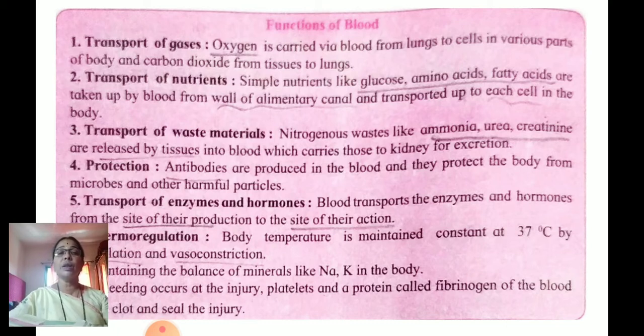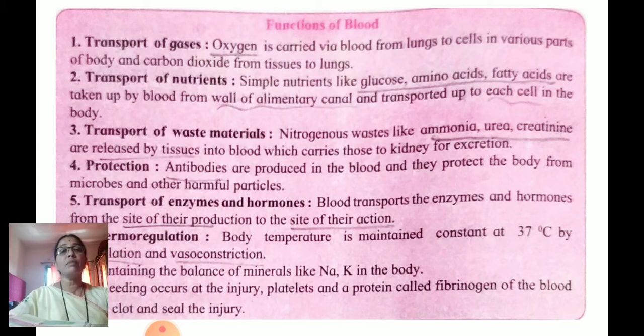You know that, urination. Okay, so next is protection. Your blood helps in protecting your body. It has many antibodies with it. Antibodies means the soldier cells, and they help identify different types of microbes and harmful particles and prepare the soldier cells. It also transports the enzymes and the hormones.